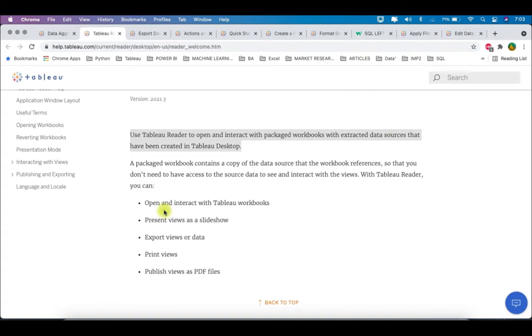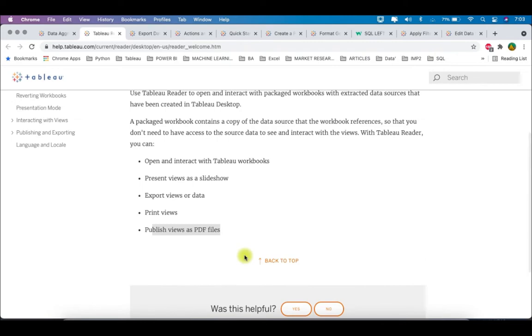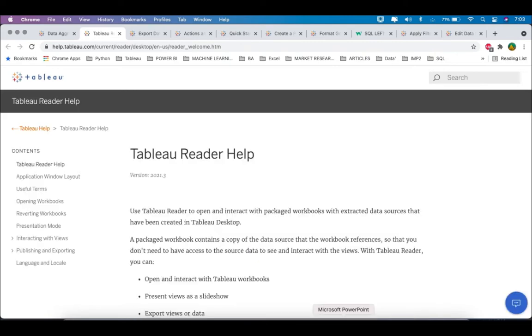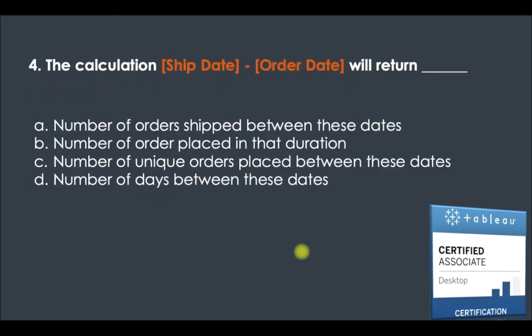With Tableau Reader, you can only open and interact with Tableau workbooks. You can present views as a slideshow, export views or data, print views, and publish views as PDF files. So these are the tasks which you can perform using Tableau Reader. So yeah, this has to be Tableau Reader.